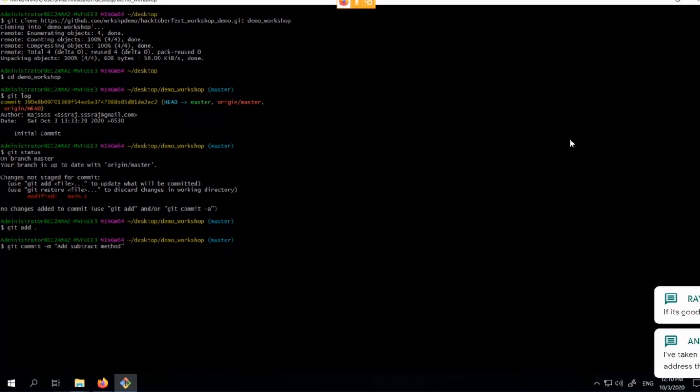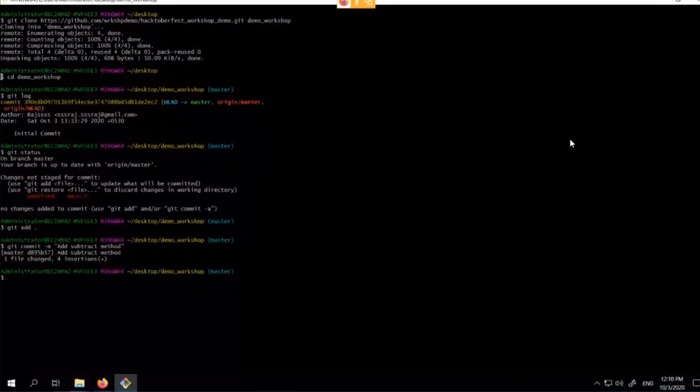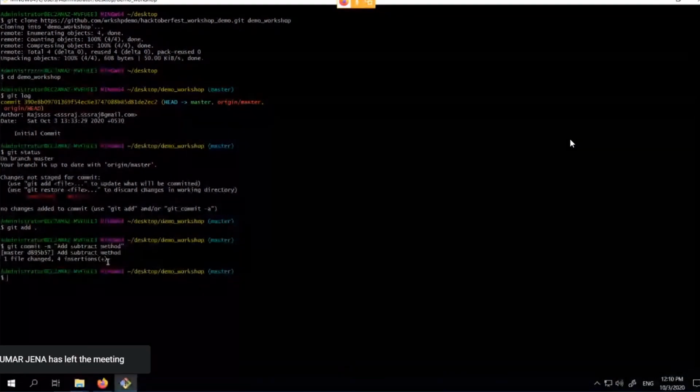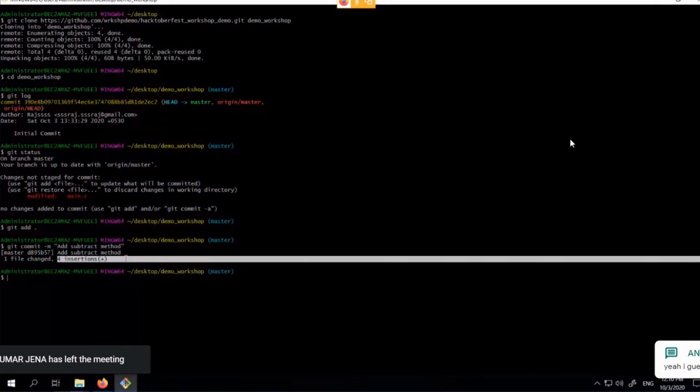And then once we have written the message, we will commit the changes. So here it says one file changed, 4 insertions. We have made changes to 4 lines, which is exactly what is reflected here.